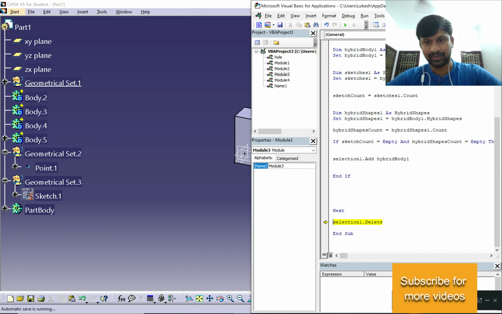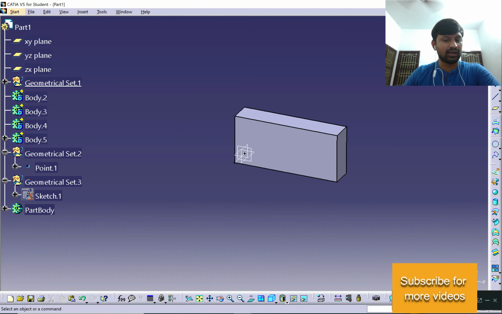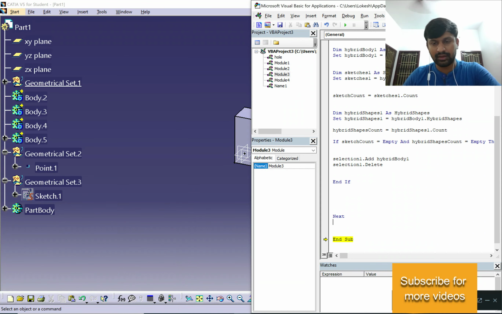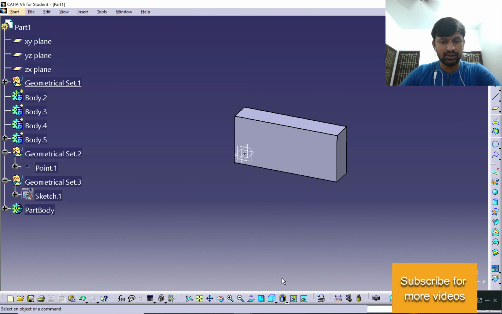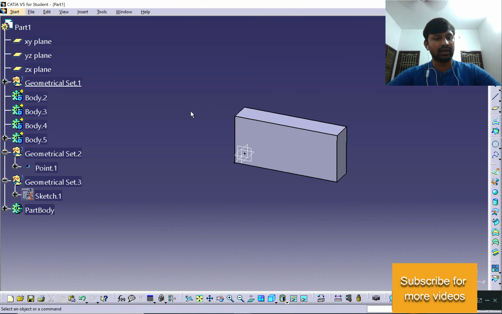So to avoid this kind of thing, I may copy this code and put it inside. After adding something, simply delete it immediately. By doing that, there won't be any error. Okay, now we are able to delete the empty geometrical set.